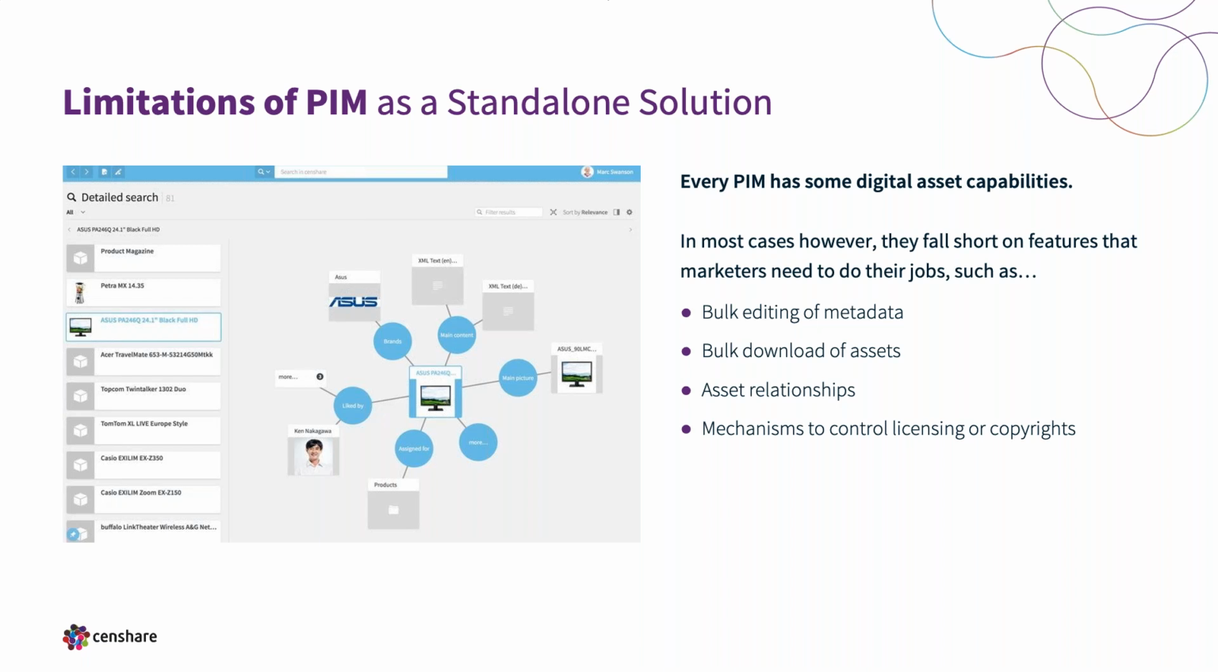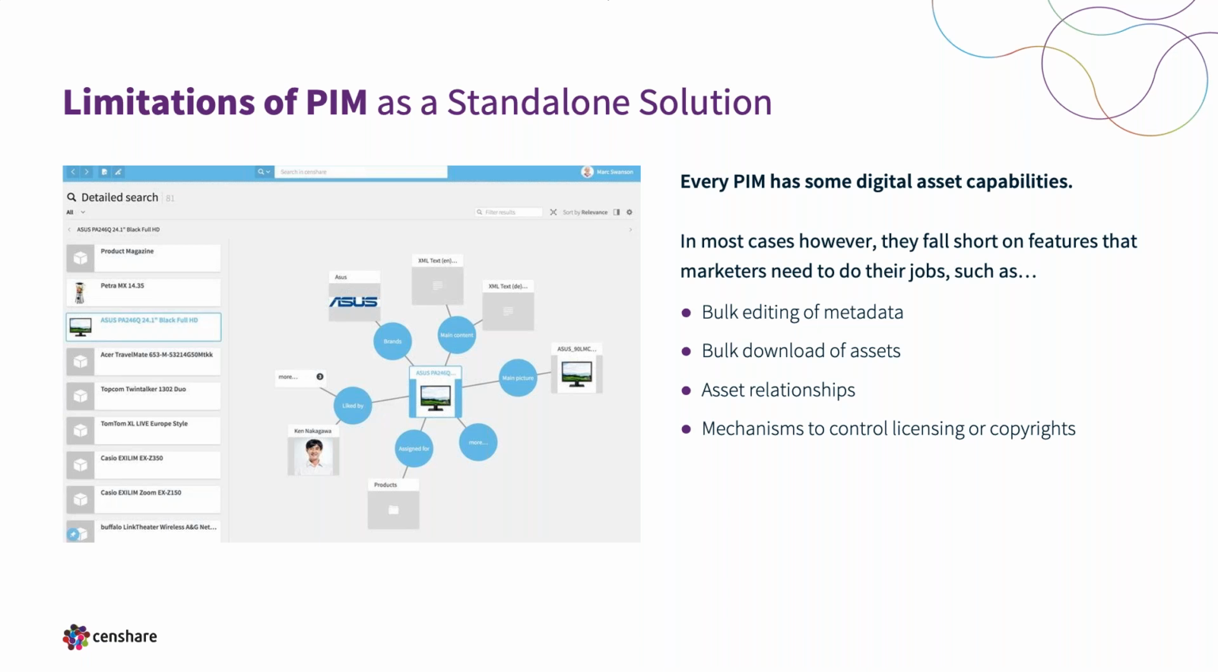And they came back to me and they said, Josh, well, every PIM has some digital asset capabilities where they can say, yeah, we can house an image. We could kind of do some DAM stuff. But typically, when you start to dive into a PIM as a standalone point solution, oftentimes what you find is it falls short for all the things that marketers really need to do their jobs, such as, a few here: bulk editing of metadata, bulk download of assets,